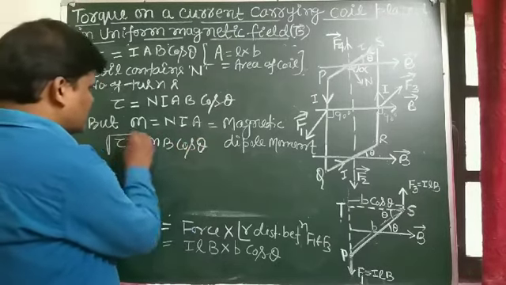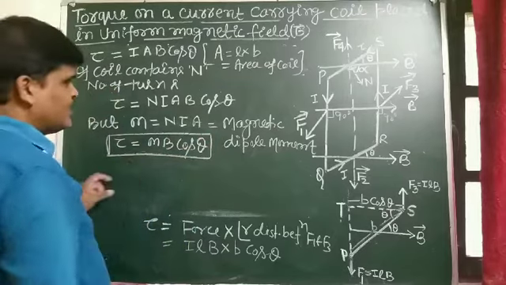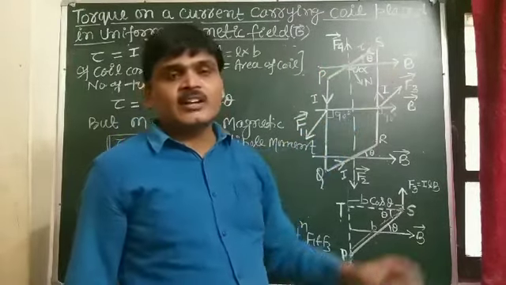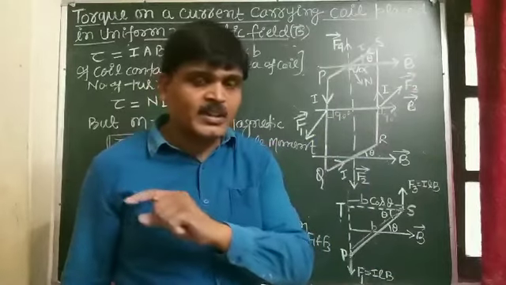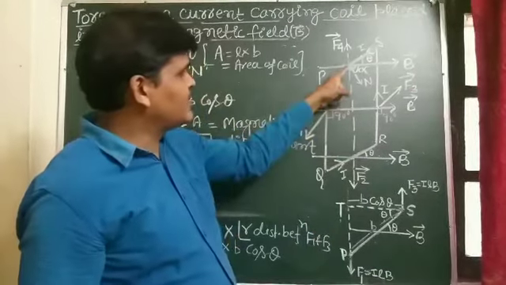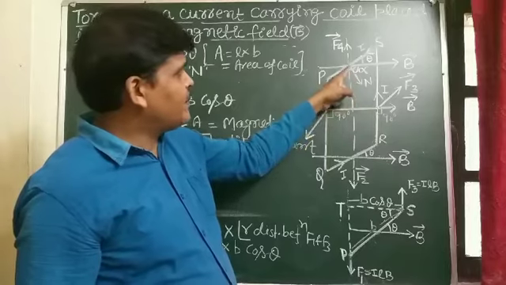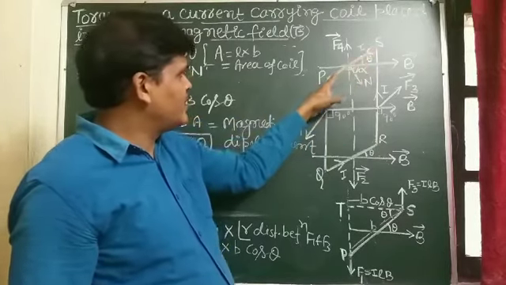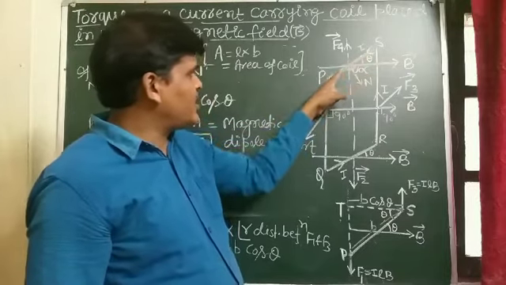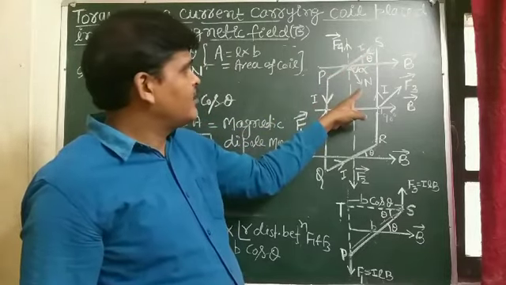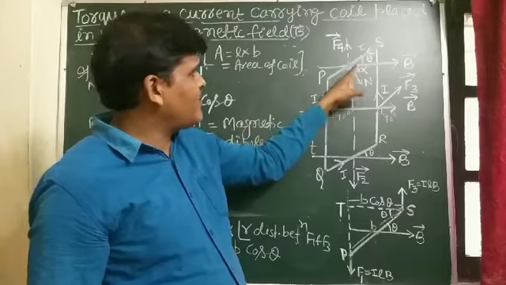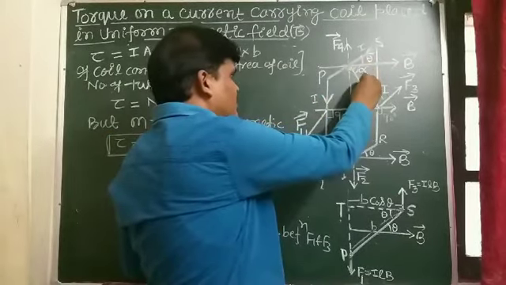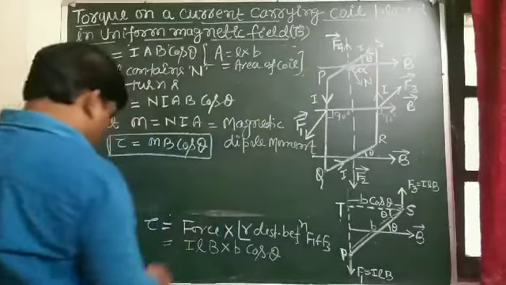And this formula holds only when the plane of the coil makes an angle theta with the direction of the magnetic field. Listen carefully. Now student, see the diagram. This is the normal drawn on the plane of the coil. If the normal drawn on the plane of the coil makes an angle alpha with the magnetic field,